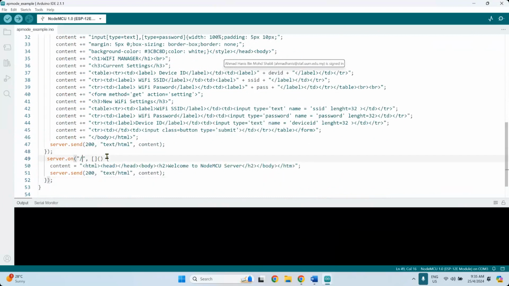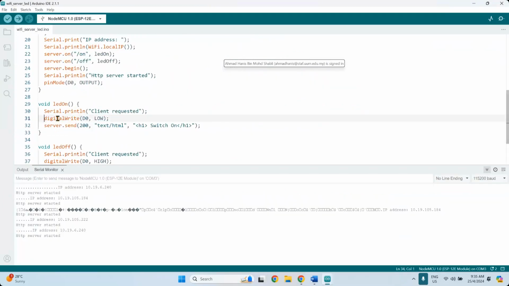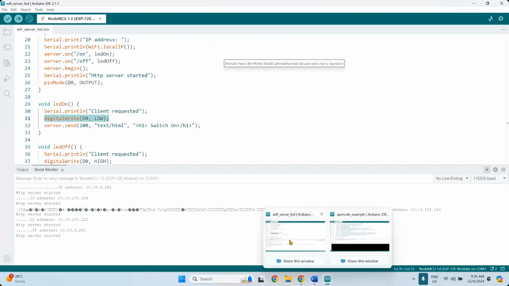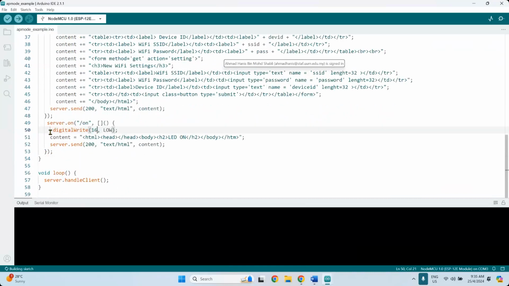So let's say this is on. Going to give it LED on, and then provide the command to turn it on. So this is 16, and this is on.